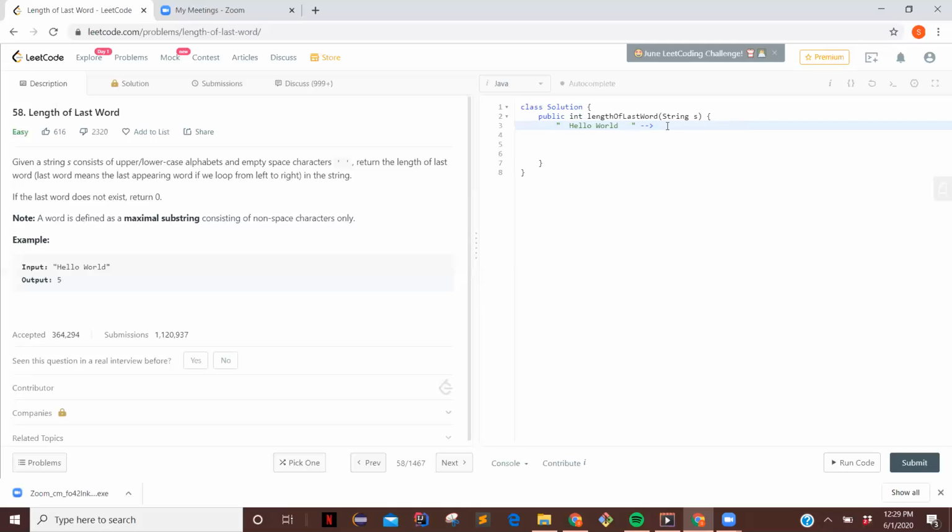So in this example, where we have spaces at the beginning and spaces at the end, we can use s.trim, and this will remove the empty spaces for us, and we will get the string hello world. So for our solution, we will be using this trim function, and we will create a new string and set it to s.trim, to remove any trailing spaces. We'll also initialize a count variable,